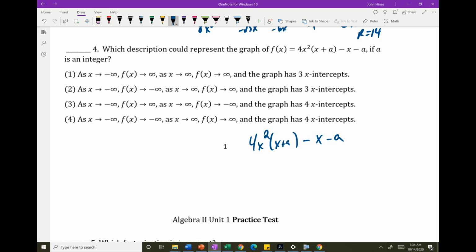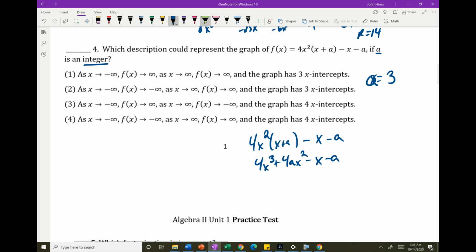So there's a couple ways to do this. If a is an integer, you could plug your favorite number in for a and use your graphing calculator. You could say, I don't know, let a equal 3 and plug it in and see what you get. Or you could have distributed this back here